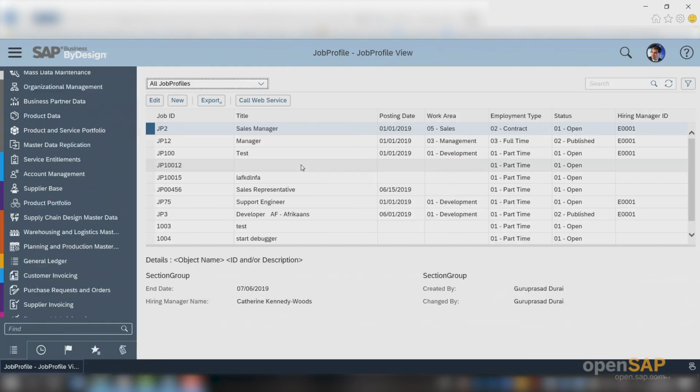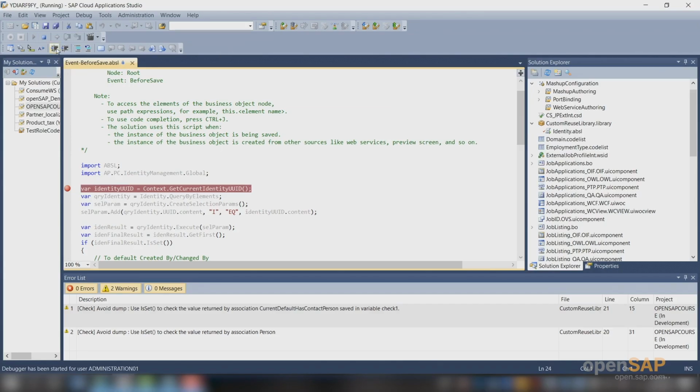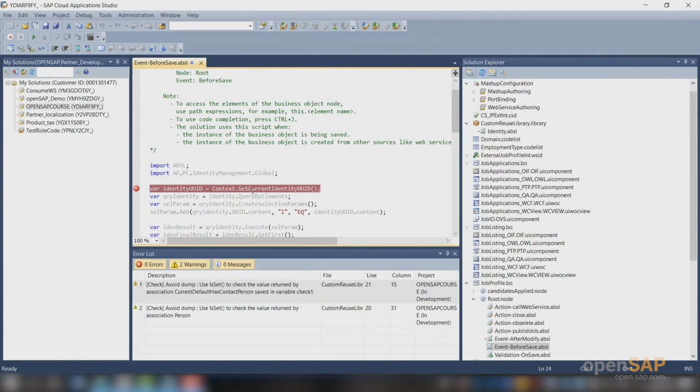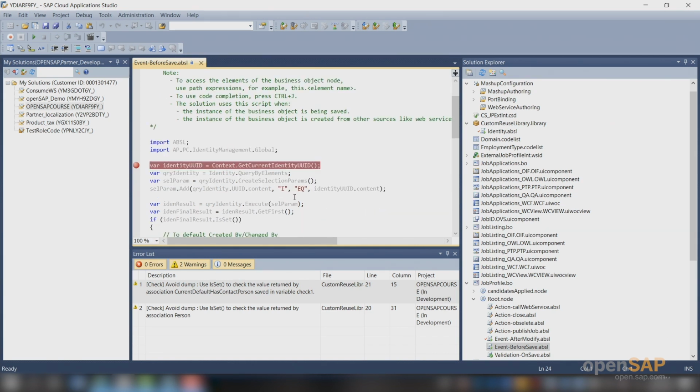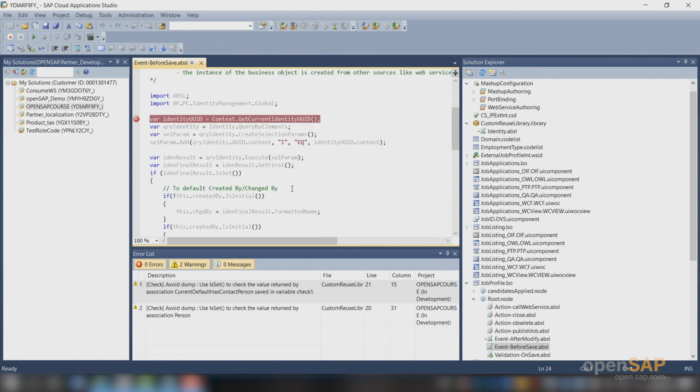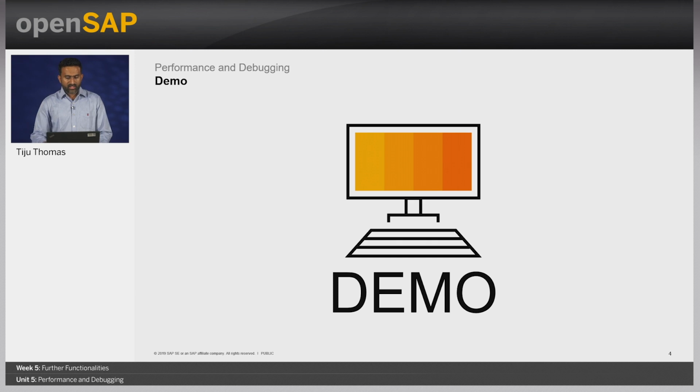For now I will close this, come back here and stop my debugger. This way you could easily debug your code and also check in your watch list and the local window which comes up what the variables are that get captured. This is a short demo. I just wanted to show you how the debugger works. You could explore further whenever your code does not work, or just to get the runtime value, set the breakpoint at the right line and then start debugging. With this, I complete my demo.